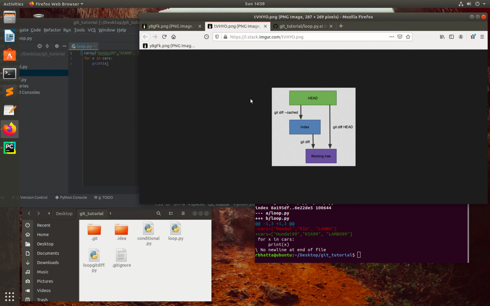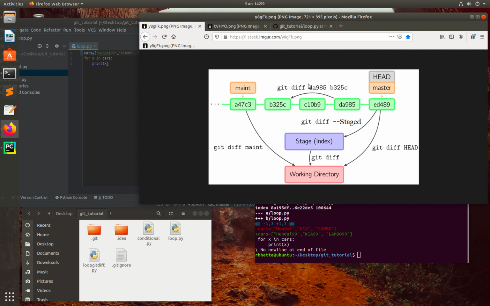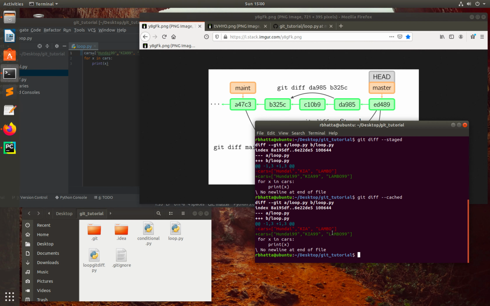So here I would like to go to this png file, and here you can see that git diff --cached or git diff --staged will compare from head to the index area. So even you can check this png file, git diff --staged or git diff --cached, they will compare between head and stage index. So what you can do is you can make a commit here,